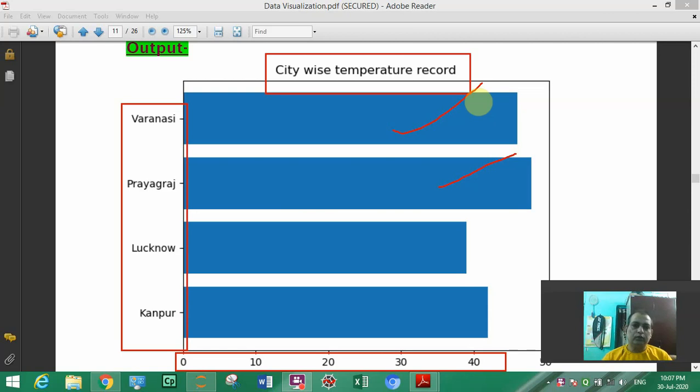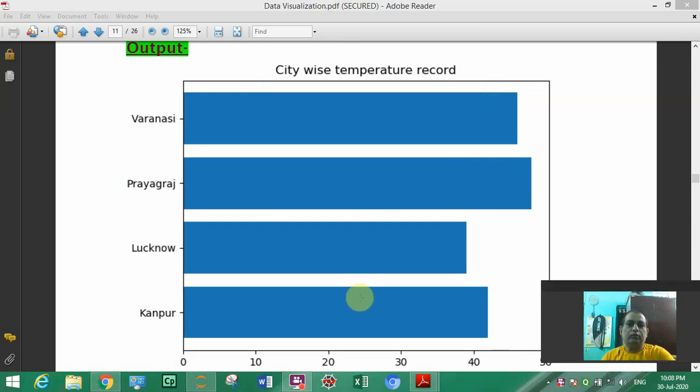Some more things we will see. Let us start with this change of bar graph.